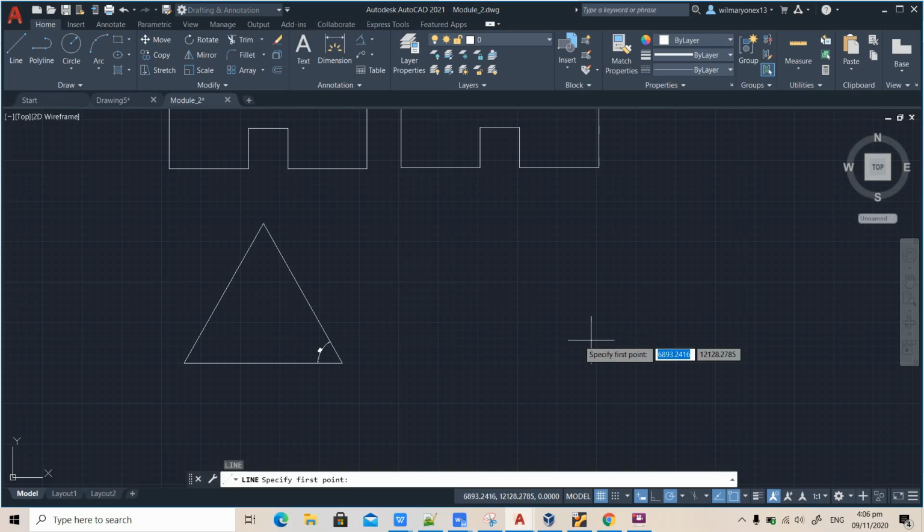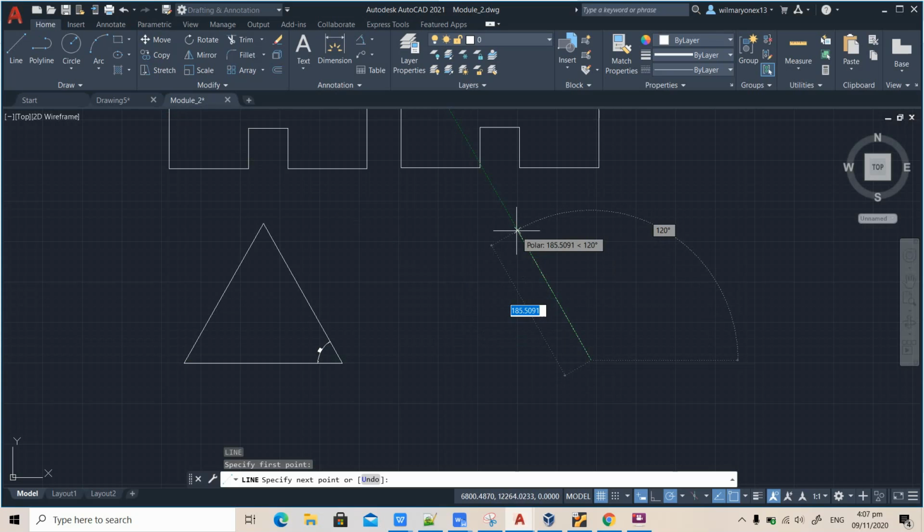If I press L, and select my initial point, click right here, then as you can see, there are lines. These green lines are guides. I can create lines along these green lines. They're like laser pointers, it's very cool. Pointing like this is like a green laser. See? All right, so let's proceed.